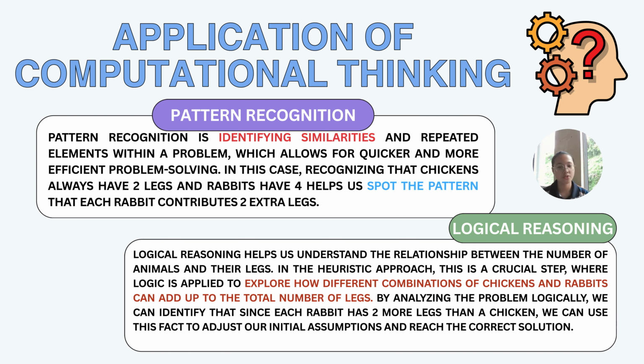And then the next one is logical reasoning. This is also important because it helps us understand the relationship between the number of animals and their legs. In this heuristic approach, this is a crucial step where logic is applied to explore how different combinations of chickens and rabbits can add up to the total number of legs. As I explained before, logically we can say that a rabbit has four legs and a chicken has two legs. When we know these two pieces of information, it helps us find a strategy quicker so that we can solve